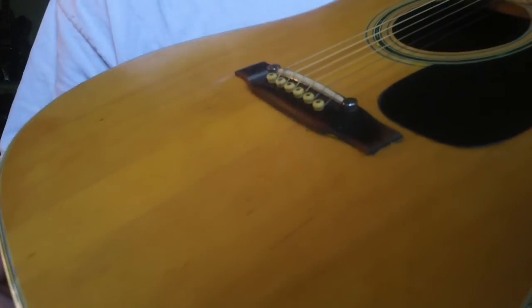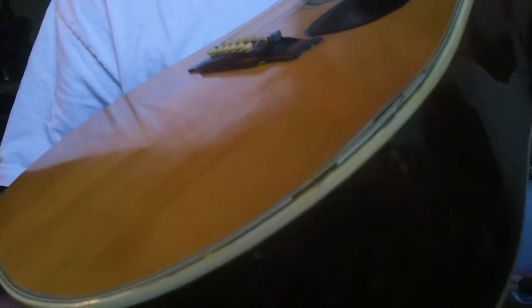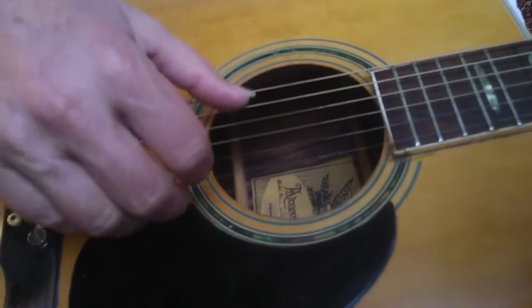You could have that fixed. I wouldn't mess with it if it was my guitar. I would just enjoy this guitar exactly as it is. I'm playing it right now and I love it. And it says made in Japan inside. It says handmade. And like I said, even with these old strings,